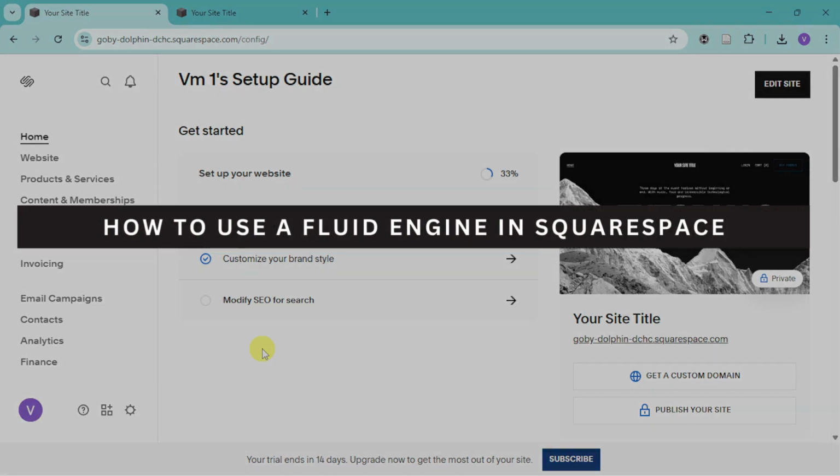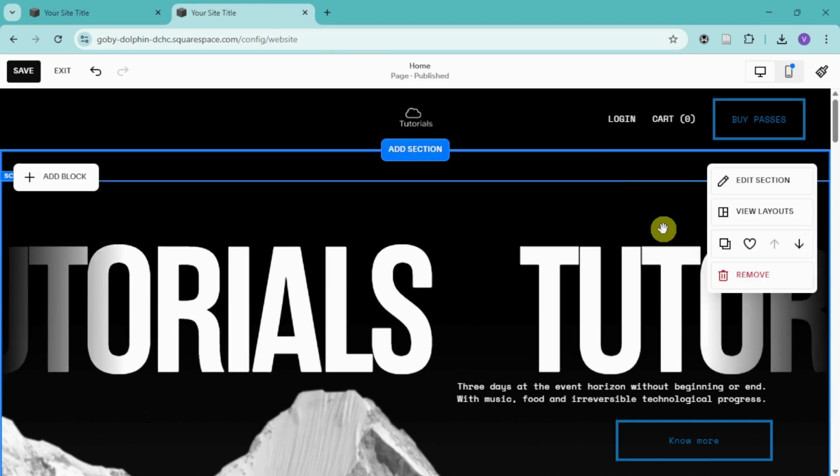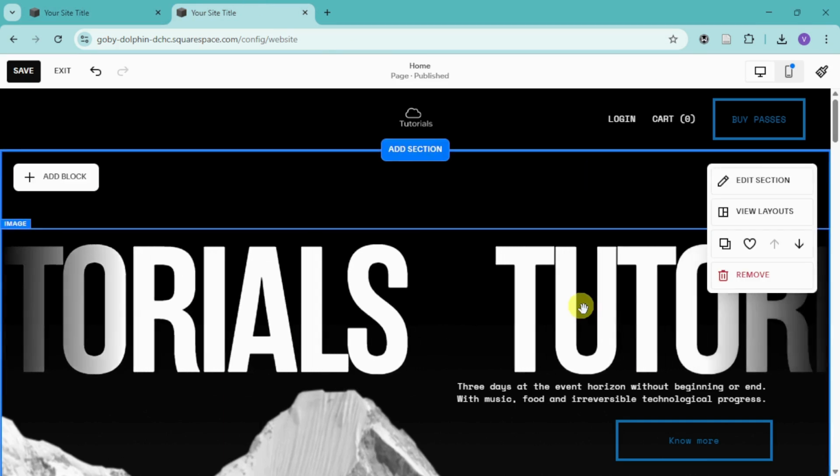How to use Fluid Engine in Squarespace. So in order to use it, first head over to your actual site on Squarespace, and from in there you should be able to click onto this edit site. Once you have clicked on this, it will open your actual site editor, and this is what we call the